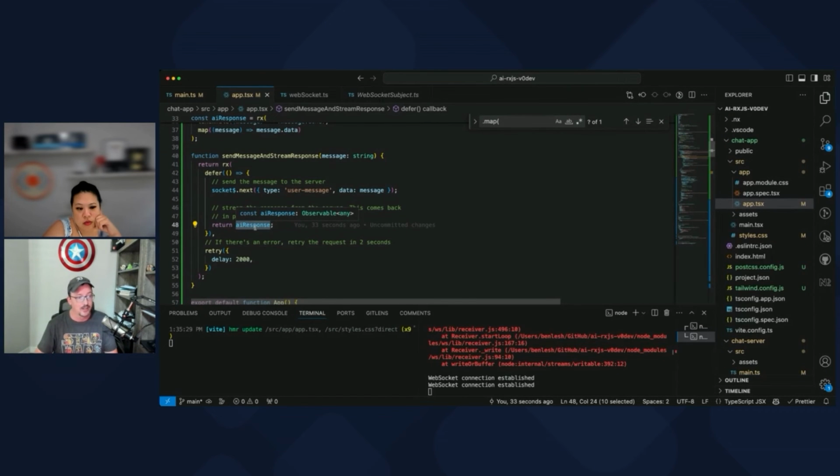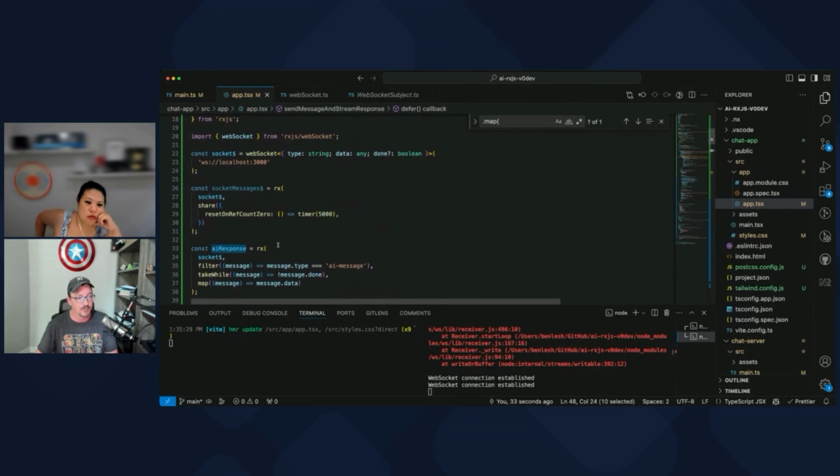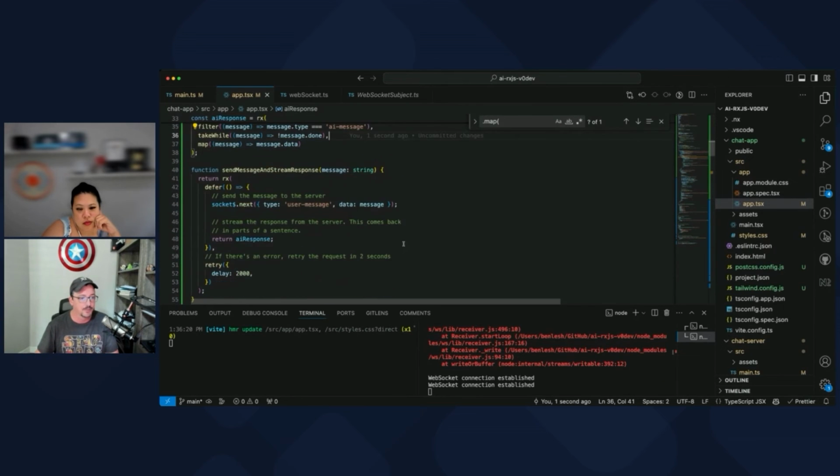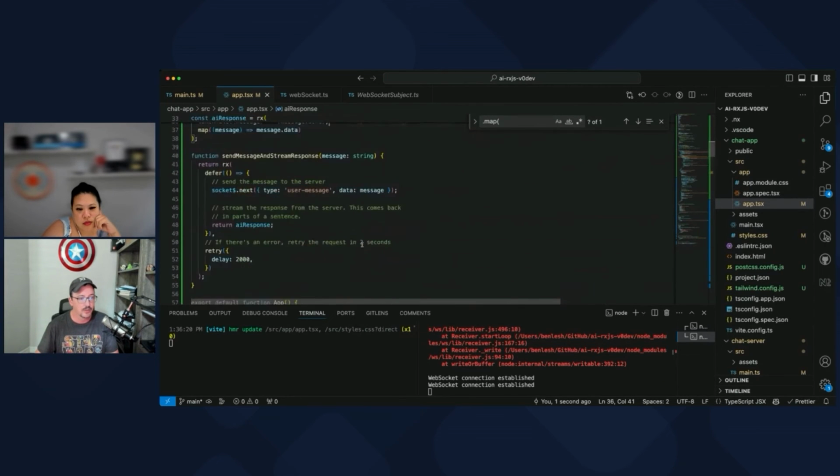So there's going to be a little bit more of a delay in the first message, but as long as you're chatting with it more often than every 5 seconds, and maybe you make this longer, maybe you say it's like a minute or something, you could do. Yeah, make it a minute. Like that. After a minute, it'll time out and disconnect the WebSocket, so you don't eat resources, right?